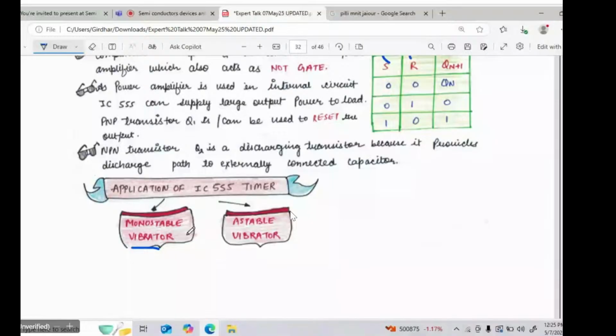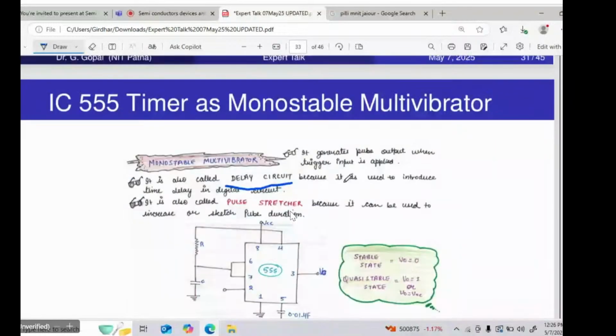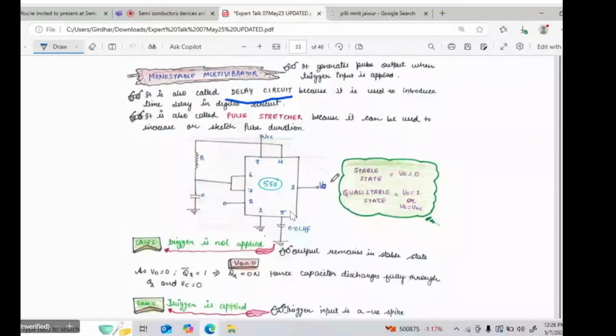It can be used as a delay circuit, because sometimes we require a time delay in the digital circuit. For example, sometimes you have to introduce a delay. A delay can be introduced with the help of this 555 timer IC, or when you have to introduce some clock skew, or the propagation delay of any digital circuit, you can incorporate the effect of this multivibrator in the design of the digital circuit, so that after that you can analyze their effect,